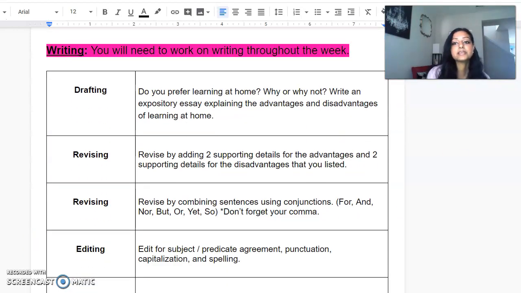Now this writing piece is something you will need to work on throughout the week, okay? Drafting, here's your assignment. Do you prefer learning at home? Why or why not? Write an expository essay explaining the advantages and disadvantages of learning at home. For revising, you're going to revise by adding 2 supporting details for the advantages and 2 supporting details for the